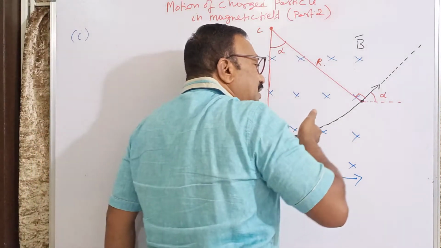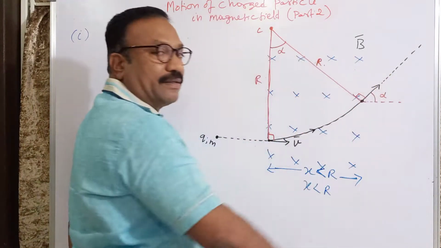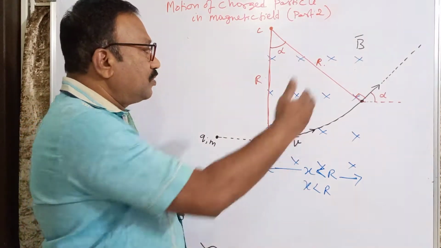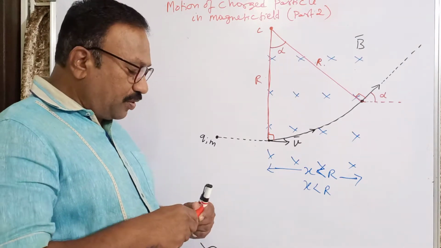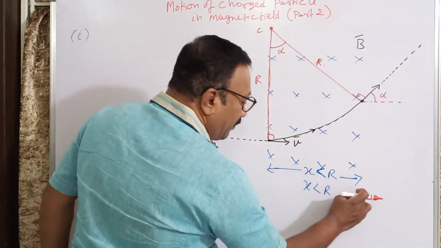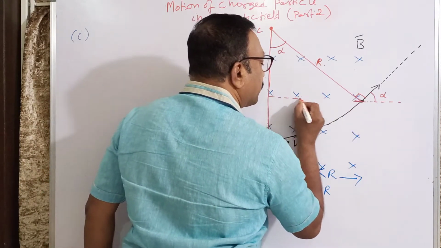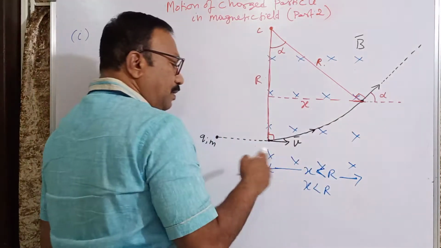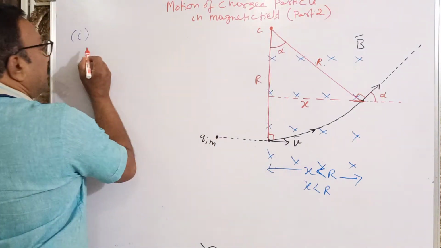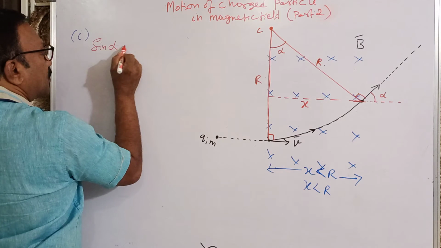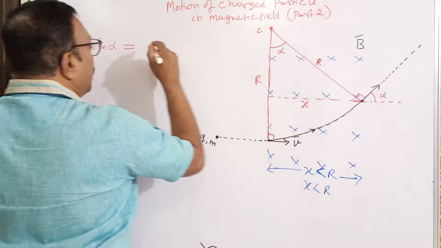The particle has covered here 30 degrees. That means it has deflected by 30 degrees, for example. So these two angles are equal. Now we have to find this alpha. That is what I was telling you previously. The length of the field is x here. I will produce one line so that I will get a right angle triangle. So this is x. x is the length of the field, which is less than the radius. Now I will take sine alpha. Sine alpha is equal to x by r.